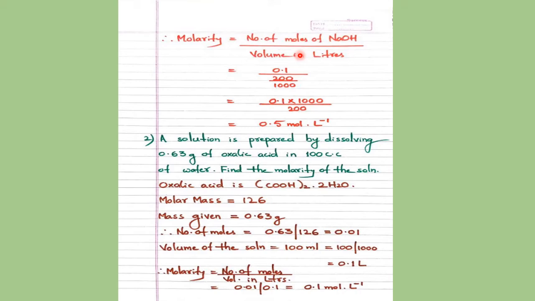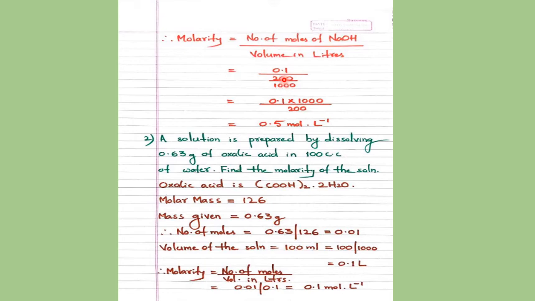Here cubic centimeter or cc is taken as a ml. cc and ml are almost the same. So it is 200 ml, in milliliters. Now in the formula it is in liters, so convert the milliliter into liter. 1000 ml means 1 liter, so 200 ml means how many? It is 200 by 1000 in liters.